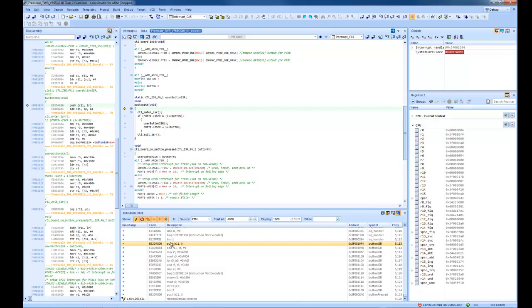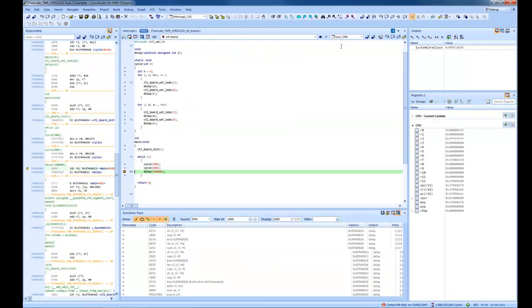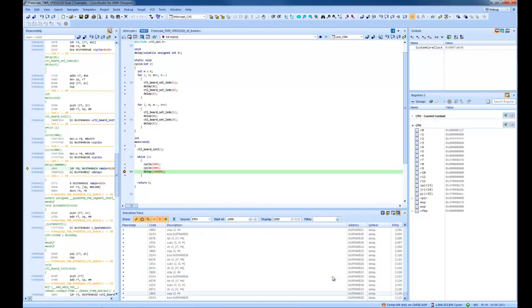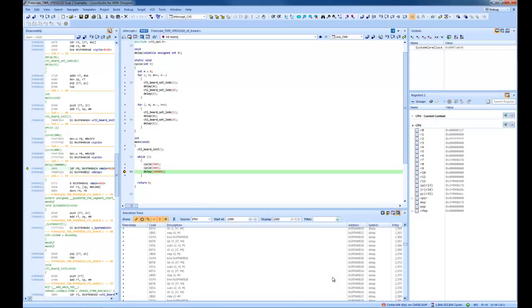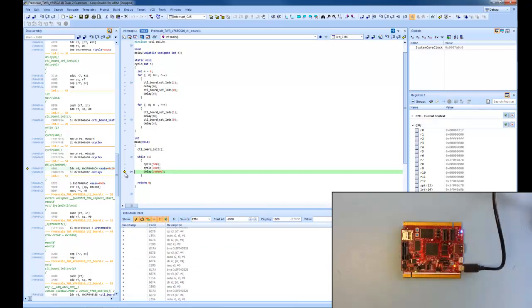We can now let that one go, flip back to the Cortex M4, and we'll find a similar execution trace. But this one isn't quite so interesting because the program is spending most of its time just stuck in a delay loop. We can now remove the breakpoint, allow that to continue, go back to the Cortex A5,